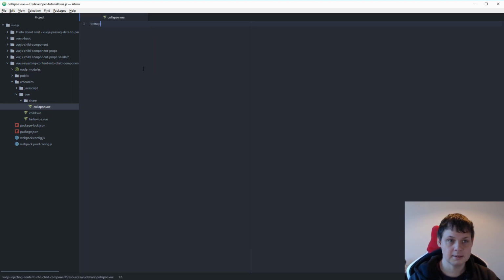And inside here I want to have my template, and in my template I want an outer div and an inner div. And because this is something I want to click on, I will have a style, background gray, and cursor pointer. And inside here I want to make a span,